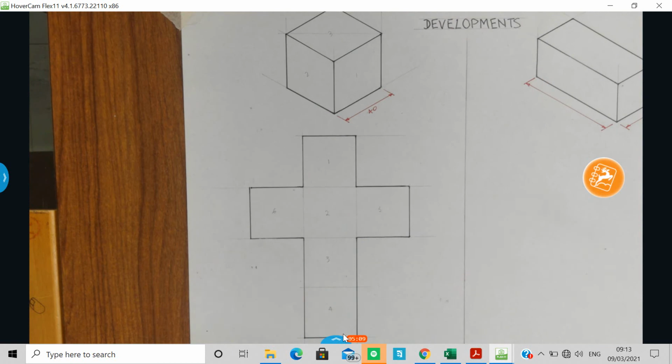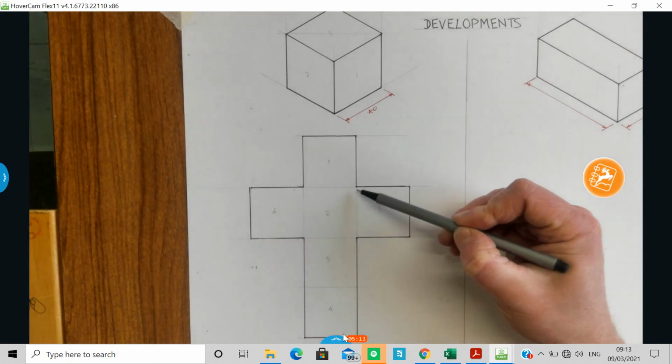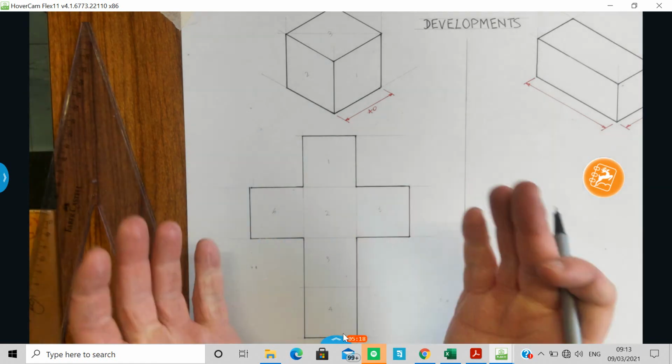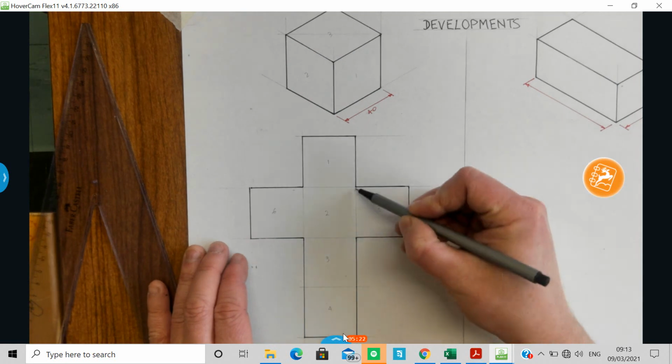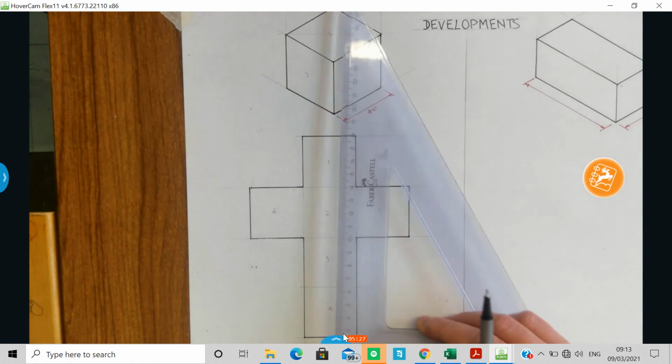Okay, so my perimeter is done heavy. These lines here, these are what we call fold lines, because if I cut out my perimeter and I wanted to make my cube, I would have to bend along these lines in order to make it a cube. Okay, and we represent fold lines like